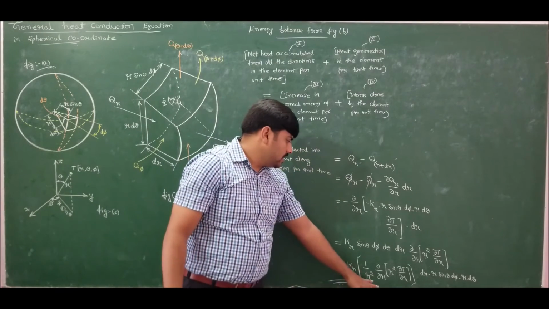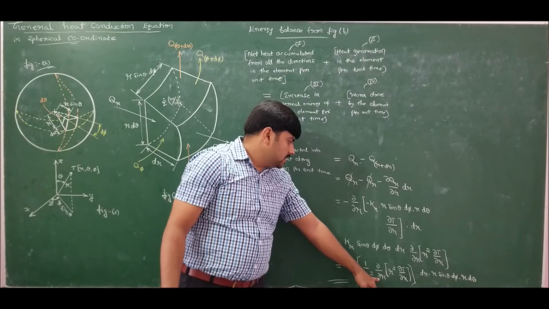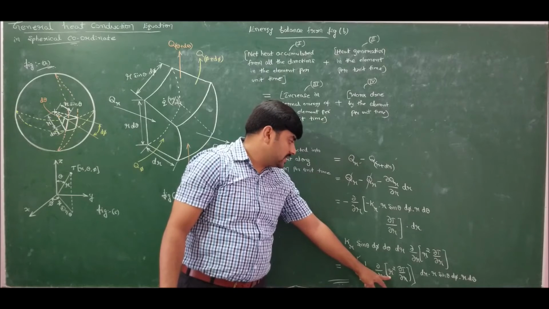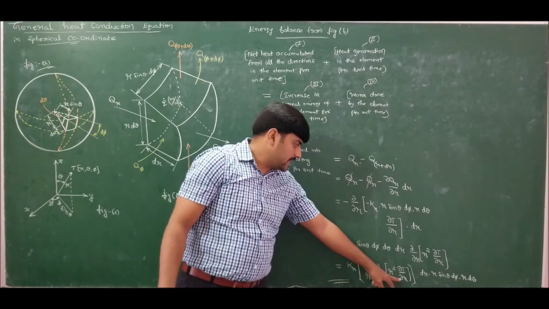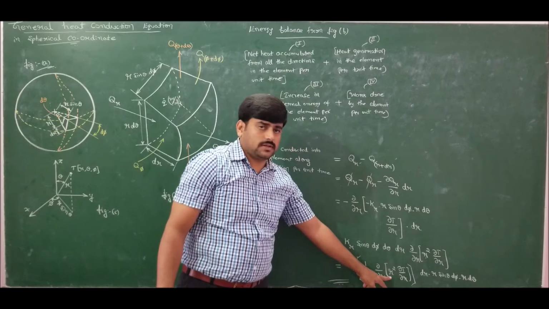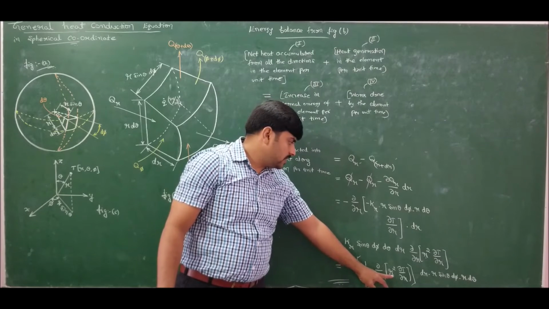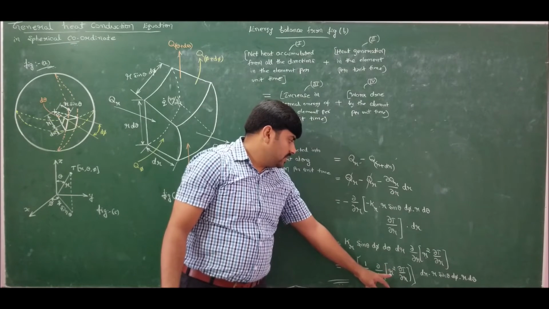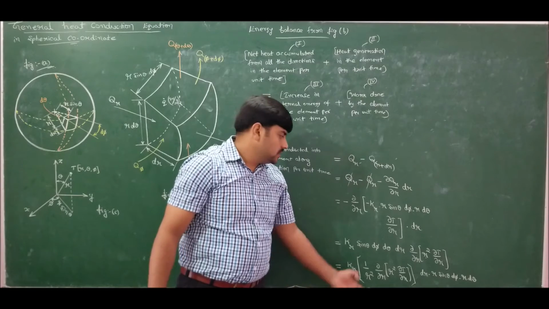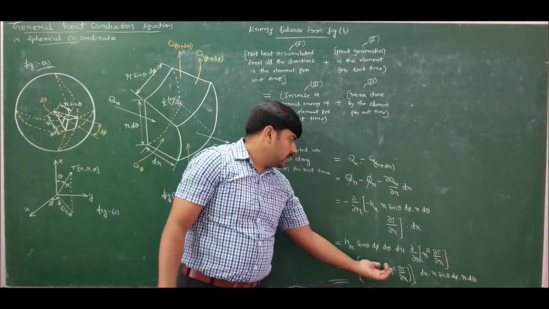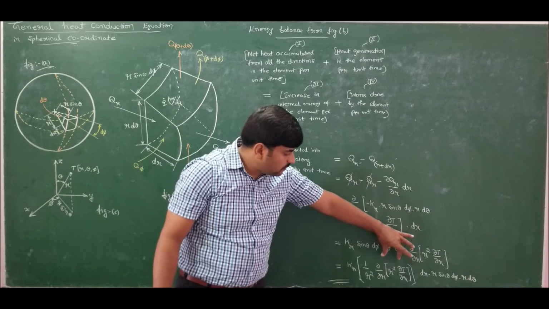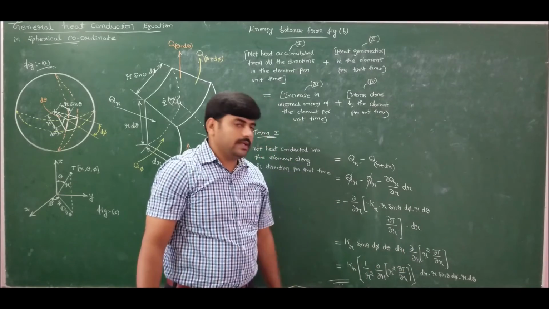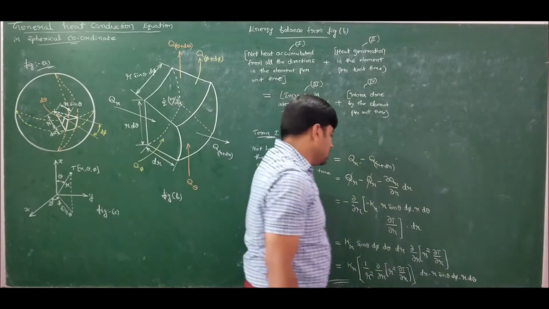Now if you want to expand, you can expand this by doing the differentiation by UV rule, that is differentiation of first function times differentiation of second plus second function times differentiation of first. You will get r square dou square T by dou r square plus dou T by dou r, differentiation of r square is 2r. So you can write like that also, you are going to get two terms. So let us keep like this itself, because when I do 1D analysis, this will be very easier for me to solve.